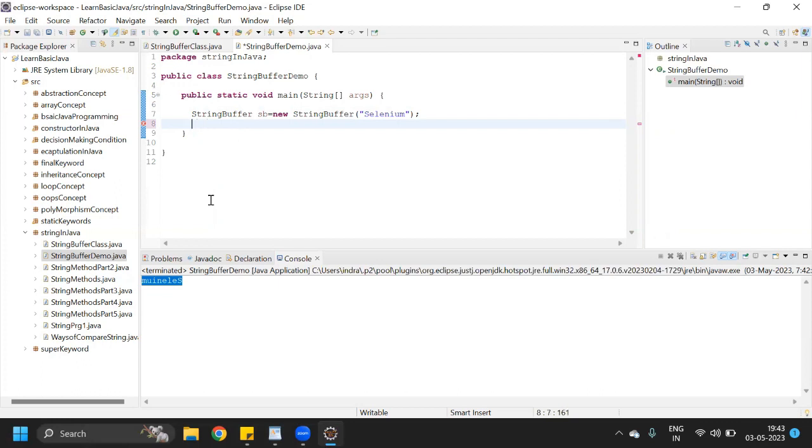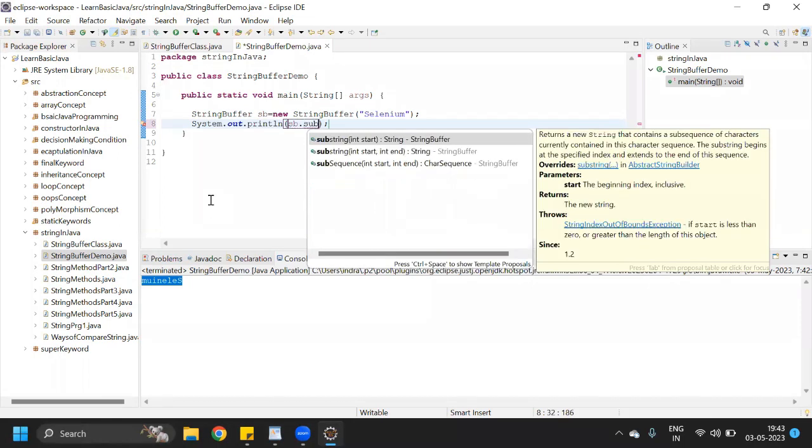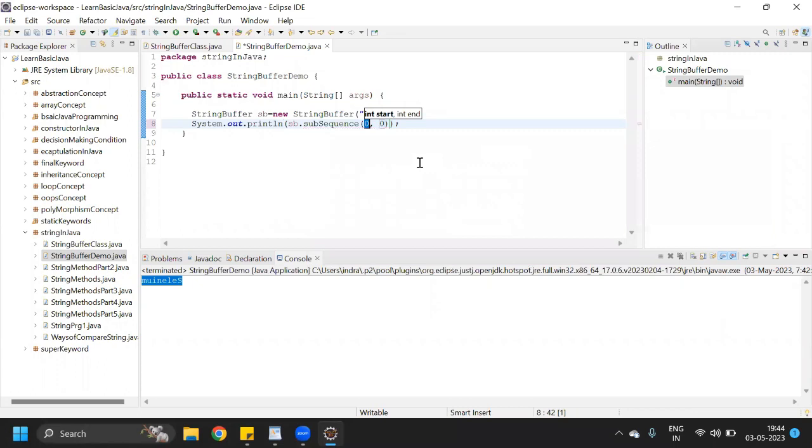So so far we have seen the reverse method as well. Now we can check the subsequence method. So how can you check the subsequence method? sv dot, we can call the subsequence method. So see, at the last we have the subsequence method, right? So here again it is asking to provide the starting and ending index value. So whatever starting and ending index value you provide, it will fetch you the subsequence from that string,